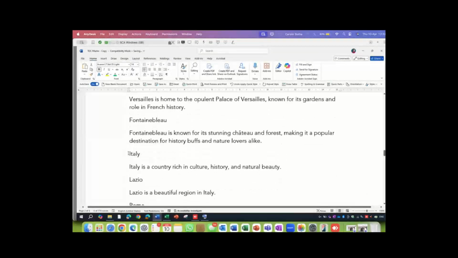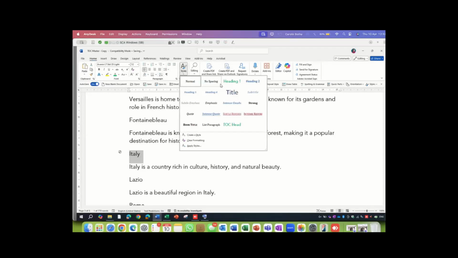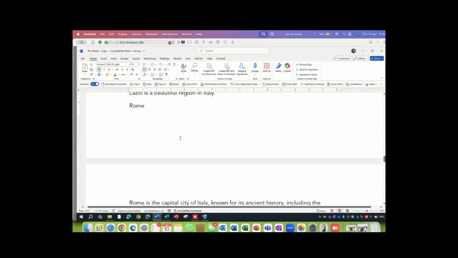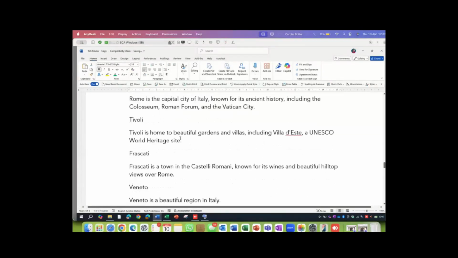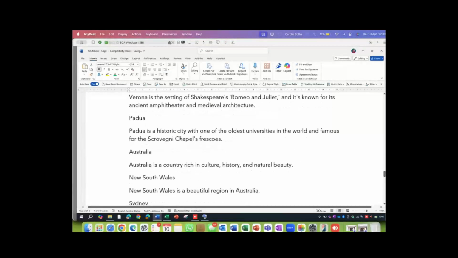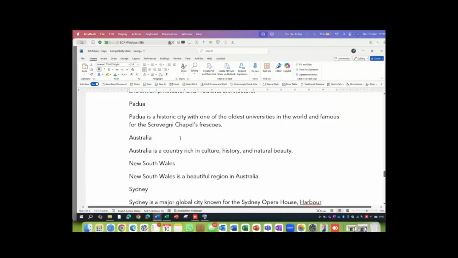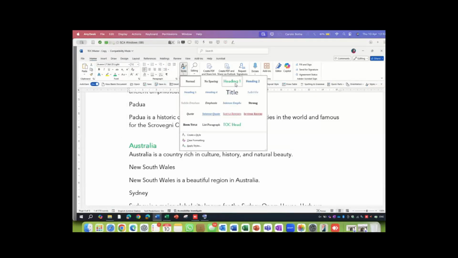What else do we have as a country here? Italy. Must actually select a little bit better. Not always possible. Okay, you can get into trouble when you do the numbering, when you don't select properly. And also Australia, I think that's the last one. I think I'm correct there.